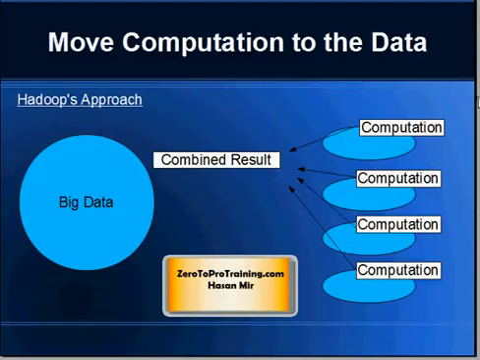The data is broken down into equal pieces so that these child computations can be finished in an equal amount of time, and once all these computations are finished, their results are combined together, and this is what is sent back to the applications as a combined overall result.